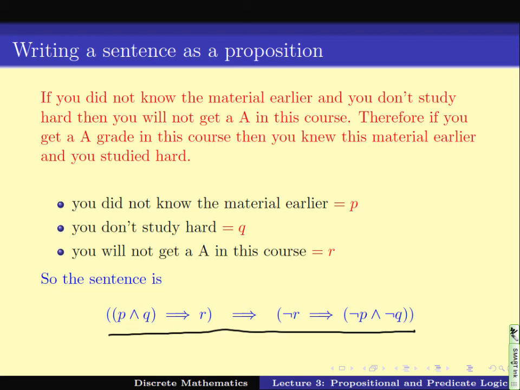For example, since P is you did not know the material earlier and so on, I will just replace the P, Q and R with the English sentence. You did not know the material earlier and you don't study hard implies you will not get an A in this course. Thus, or therefore, you get an A in this course implies